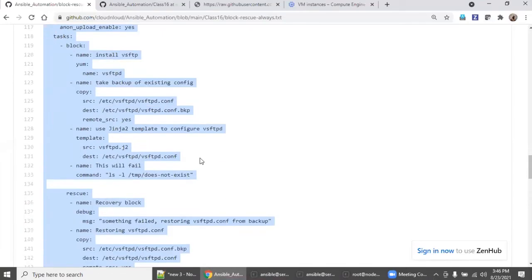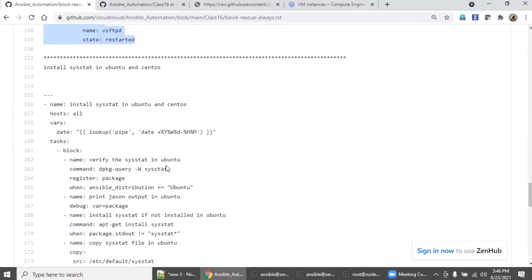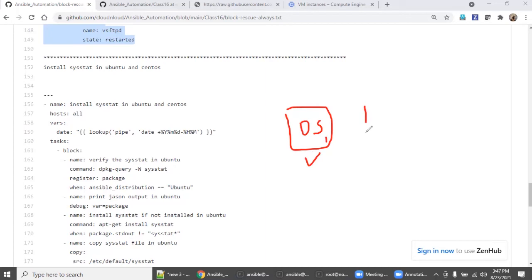So let's go to another example. This example is pretty straightforward. You have a set of OS 1, maybe Red Hat servers. This is another set of OS servers, OS 2, right? So this is another set of servers. Maybe you have 500 Red Hat servers, and maybe a set of 500 SUSE Linux servers, right?